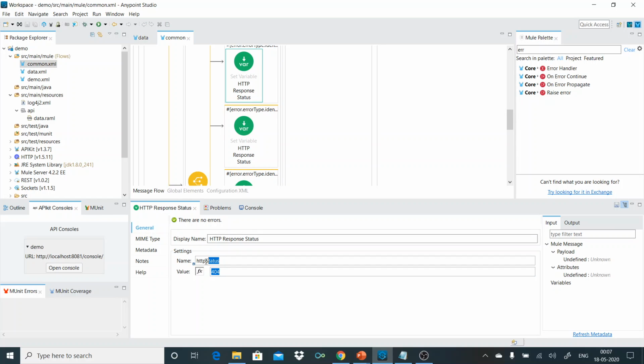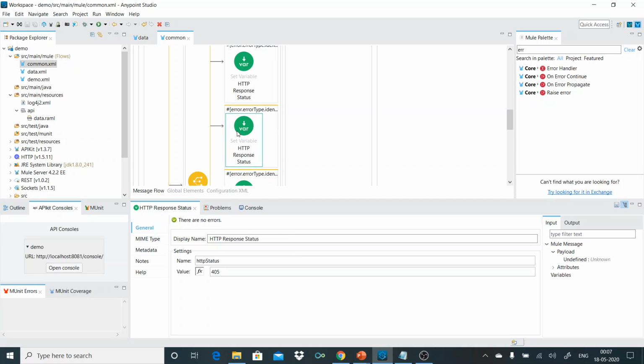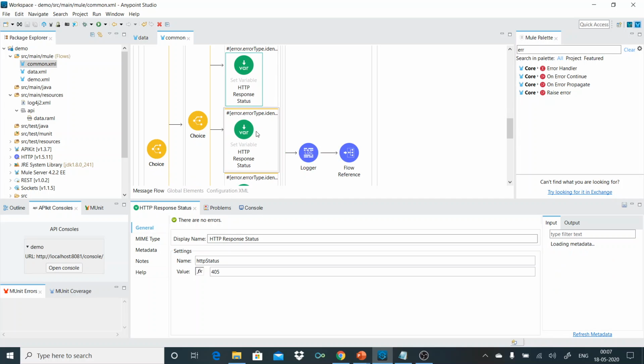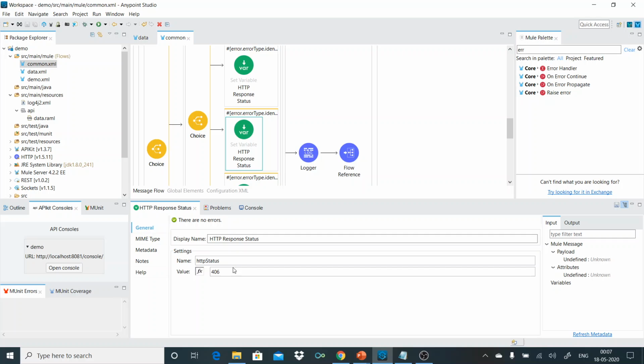So you see this is the HTTP status variable that we are setting, and that's same in the response of the HTTP listener. So again, when the identifier is method not allowed, I'm setting it accordingly, 405. Same for not acceptable, 406.